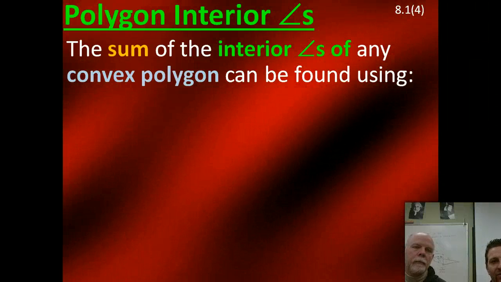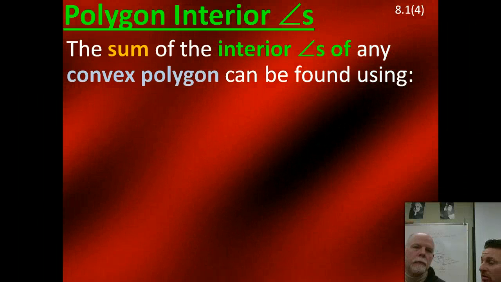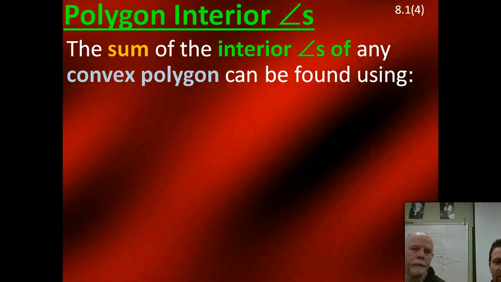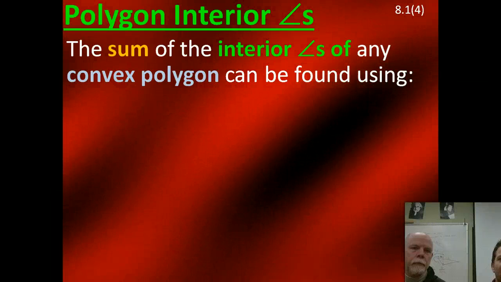And the interior angles, remember what Mr. Scritchfield said at the beginning, that a polygon has many angles. And so we're going to look at those many angles from the inside of the shape. And so when you think about that, you get this idea of interior angles. Now, the sum of the interior angles of any convex polygon can be found using